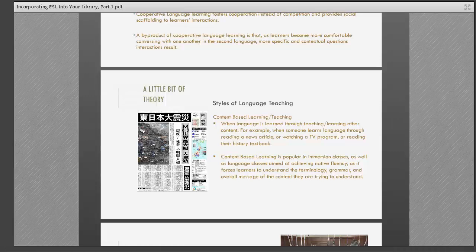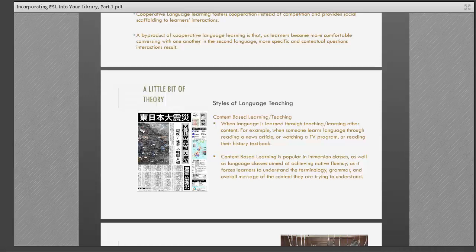And as I'm reading this article, as I'm trying to learn and understand this article, I make notes about vocabulary maybe I don't know and I go look it up, grammar that I don't know. And as I'm reading the article, as I'm learning about this current event, I'm developing my language skills. Okay? So content-based learning